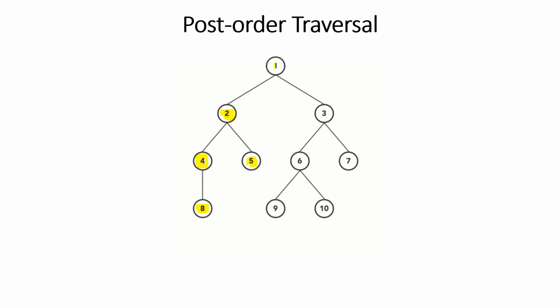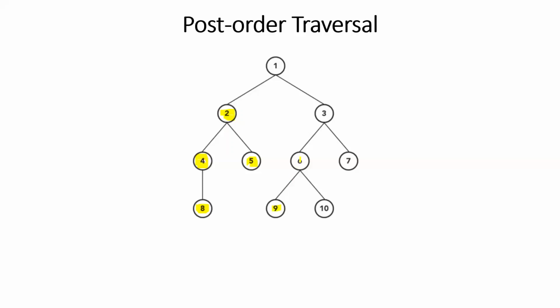It will check whether my left and right is over. Only left is over, right? So it will be going to right, trying to print right. So reaching 3, it will check. I am the root node of another subtree, whether my left and right is over. So I will try to print my left. So when it reaches 6, it will understand that 6 itself is a root node of another subtree which is having left. So it will take 9 and it will print 9.